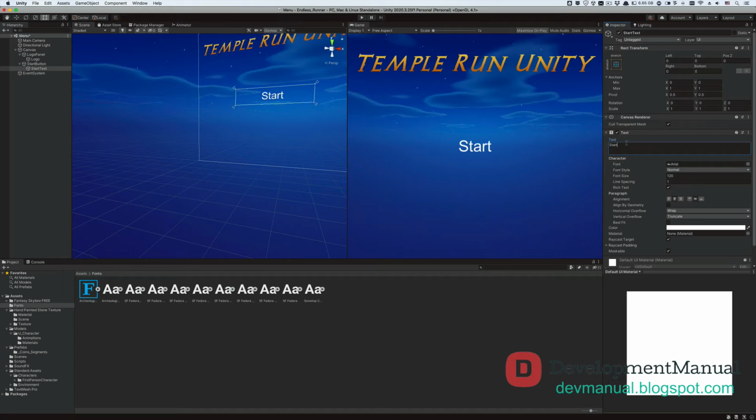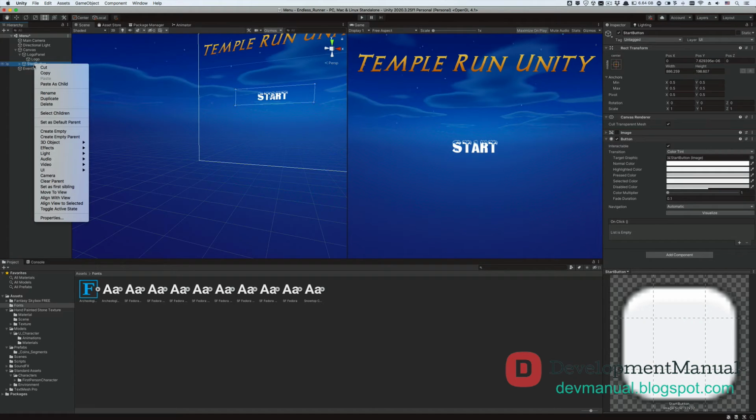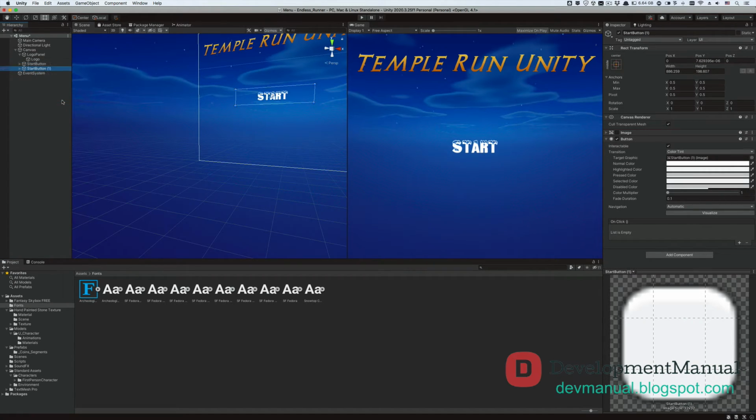The final thing we'll do to the Start button is change the style of its text. Personally, I'll choose this stylized Crazy Snowtop Caps font. So let's drop it onto the font field of our Start Text game object. Really cool. Now let's create an Exit button by duplicating the Start Button game object from the hierarchy and then